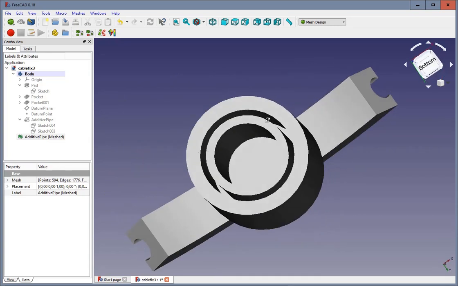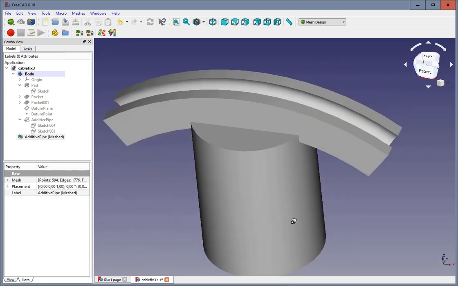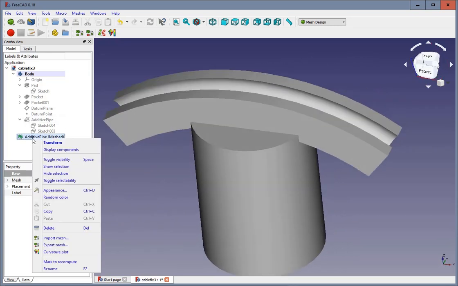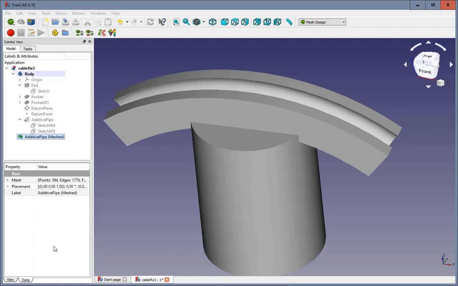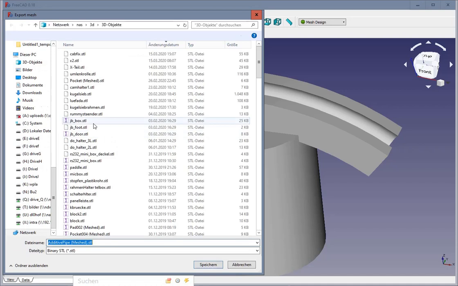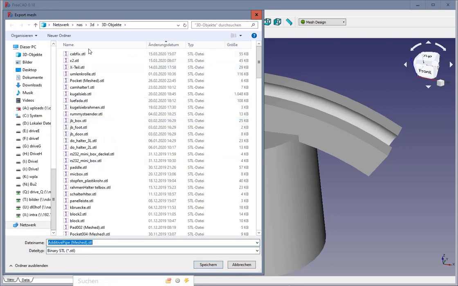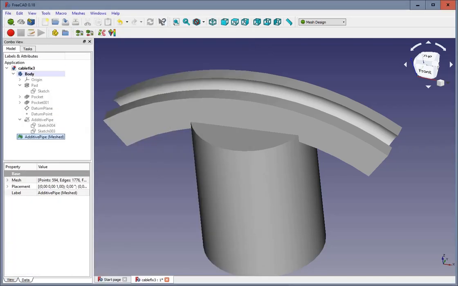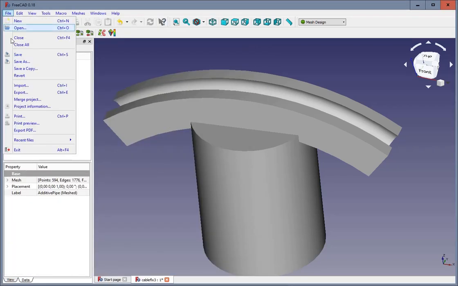Okay, so everything is complete now, and we go to export the mesh. I call this one capfix 1. Save it and